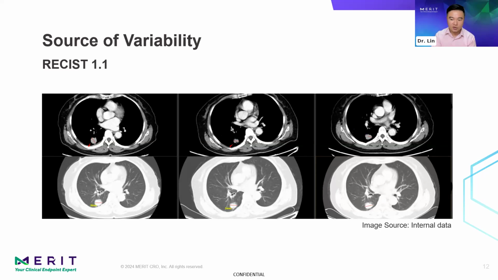In fact, these two windows can show different treatment responses. We can see that in the mediastinal window, the tumor regressed and then progressed. The response can be a PR, partial response, followed by PD, progressive disease. In the lung window, however, the tumor remains stable. The response is an SD, stable disease. So picking a different CT window can possibly result in a different assessment.